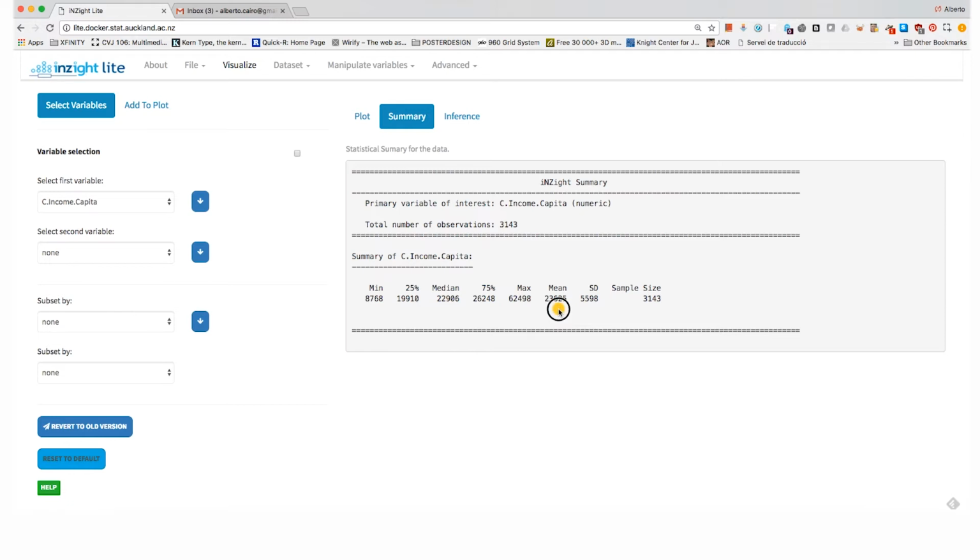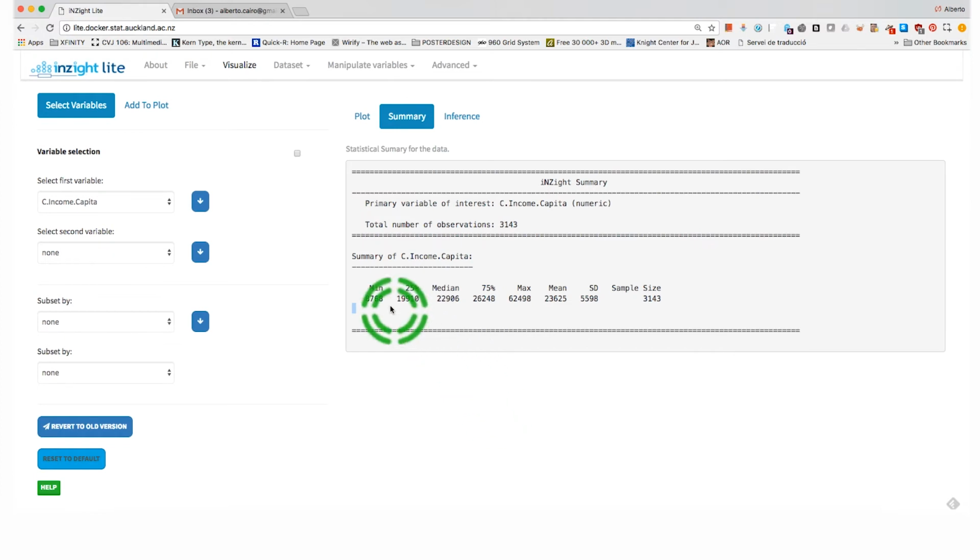So we have the median and the mean. Remember that the mean, basically the arithmetic mean, is calculated by adding up all the values of your data set, in this case 3,000 and something values, all the counties, and then dividing the result of that sum by the number of counties that we have. So we add up all those values, and then we divide by 3,000 and something counties, and the result is the arithmetic mean. And then the median is the value in your distribution that cuts the distribution in half, the value that is at the middle, at the center of your distribution, right?